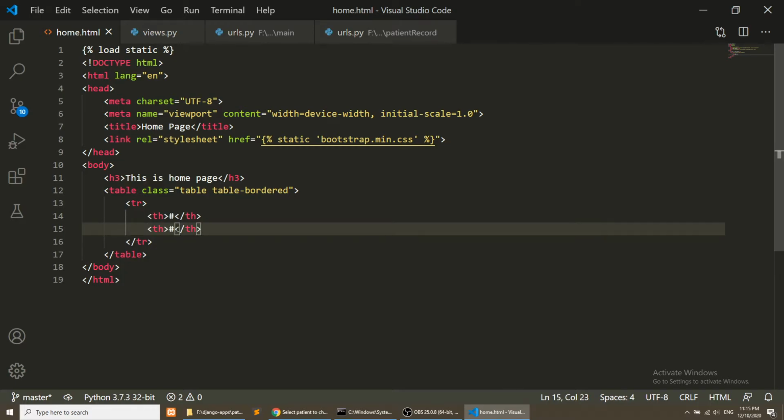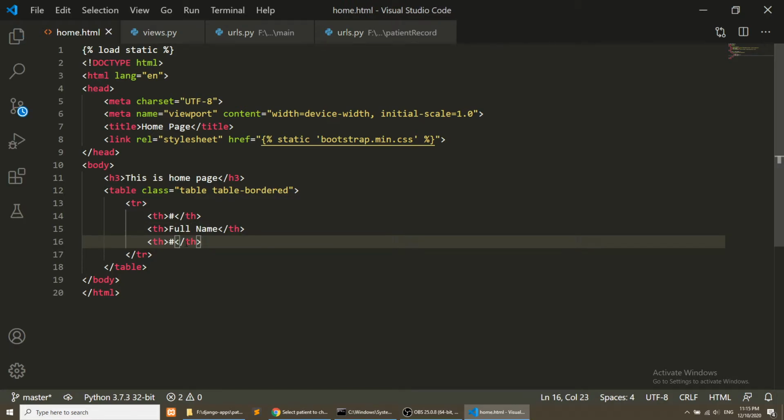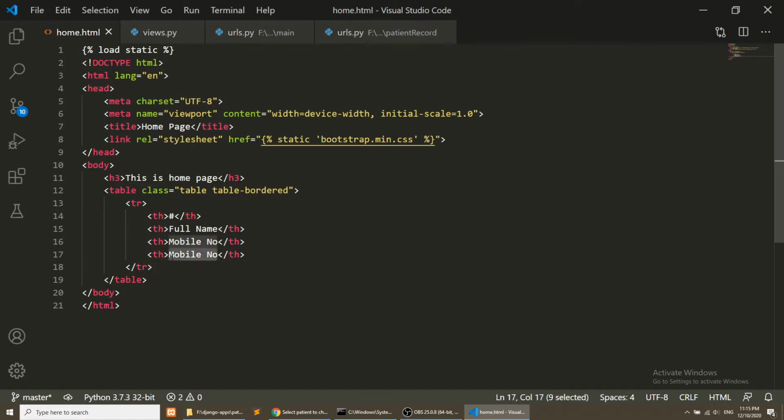So this will be a full name, and the third will be mobile number. Okay, and the fourth will be detail, that is, what detail we have received from the patient and what precautions we have given.